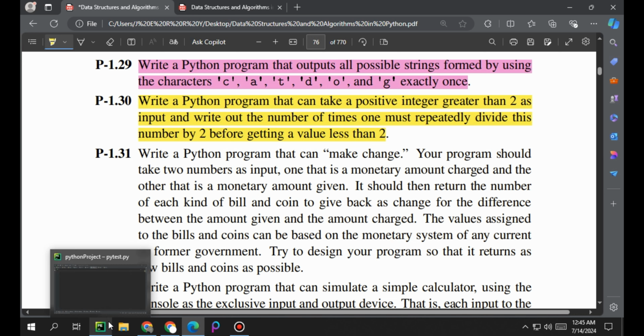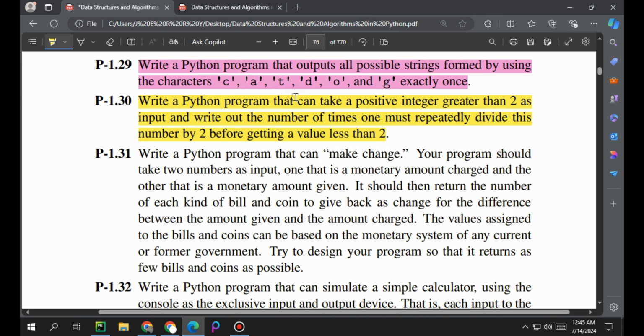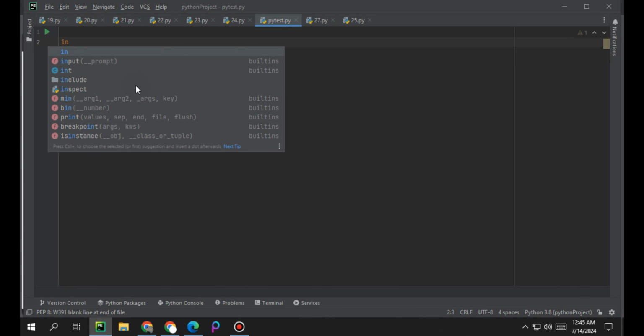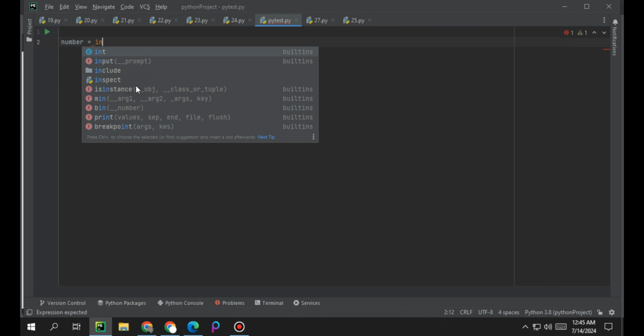And now let's implement this, and we need a positive integer greater than 2, right? And write out the number of times one must repeatedly divide this number by 2 before getting a value less than 2. So for this we need a while loop. First we need to take an integer from the user, right? It would be a number equal to input